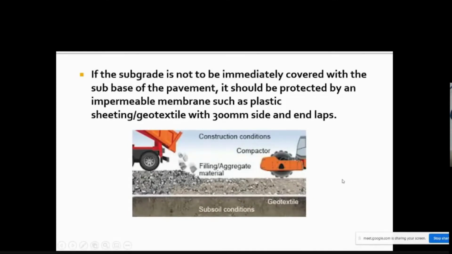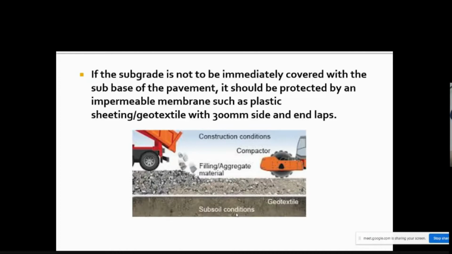If the subgrade is not to be immediately covered with the subbase of the pavement, it should be protected by an impermeable membrane such as plastic sheeting or geotextile with 300 mm sides and end laps. Okay, apa yang dia cakap kat sini adalah, basically if you have soil, normally yang unstable soil,